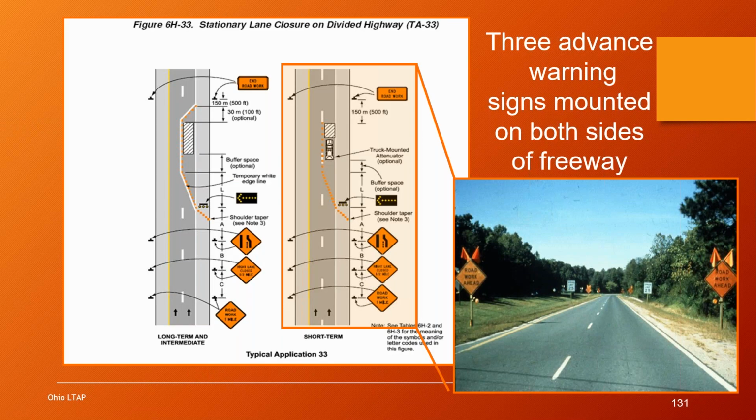Okay, so let's take a look at some advance warning areas on different types of roadways. And so here we have typical application number 33, which is all about a stationary lane closure on a divided highway. So you see the picture on the right, it's a 4-lane divided highway. And so in this situation, we have plenty of room for signs on both sides of the 2 lanes. So you see in the picture, the road work ahead signs are located on both sides of the